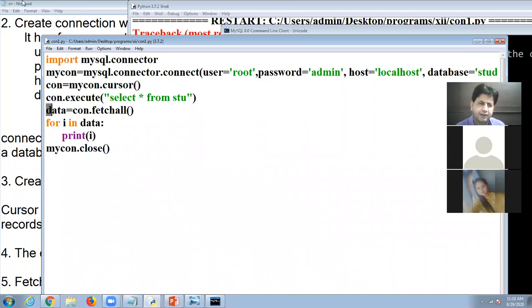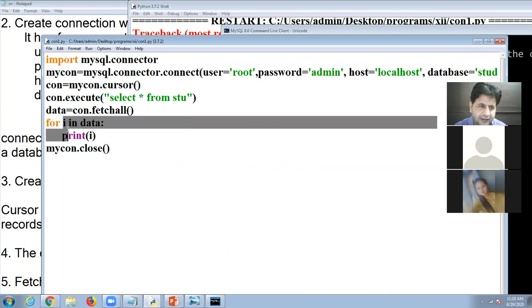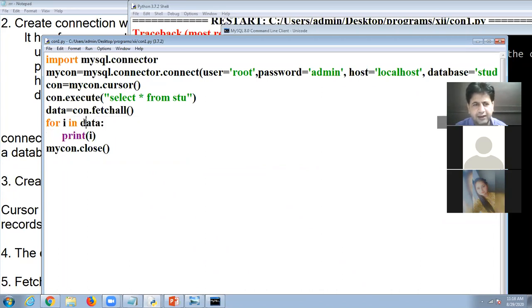Now one by one, we display the data on the screen with the help of for i in data, because in data all the records are there, and when we use i the first time, it will get the first record, display the record, then the second record, display the record, third record, and so on. And at the end, we will have to close the connection. I am implementing this.